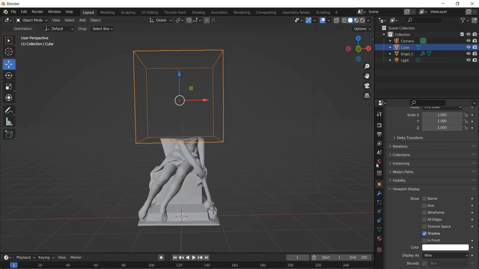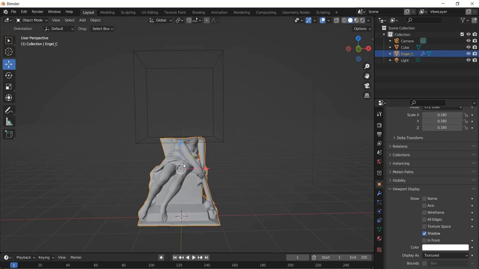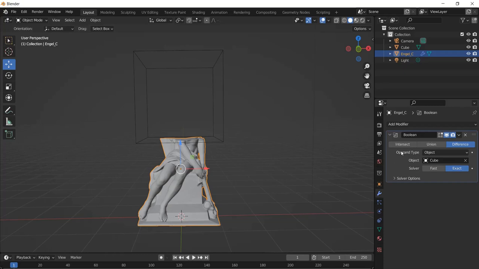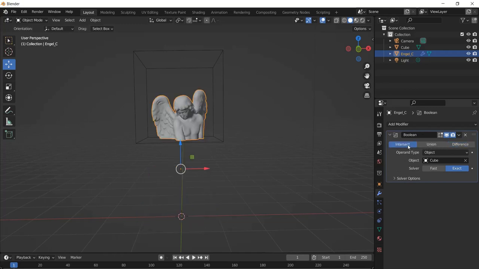So for that reason now, to come back to this place, click on the statue. Click on the statue here, back again. Go back to the modifier properties. For this Boolean modifier, we'll change from difference to intersect. So the top doesn't cut now. Now you understand? So if you notice now,